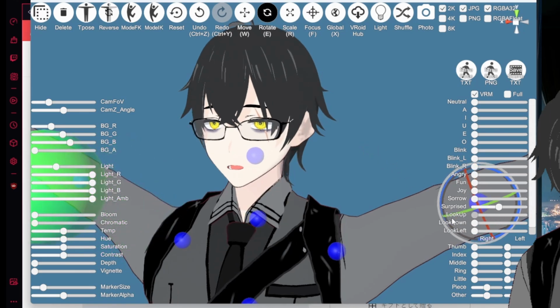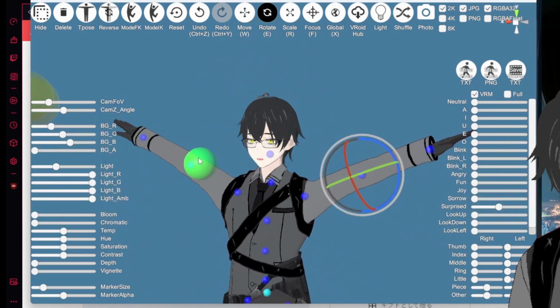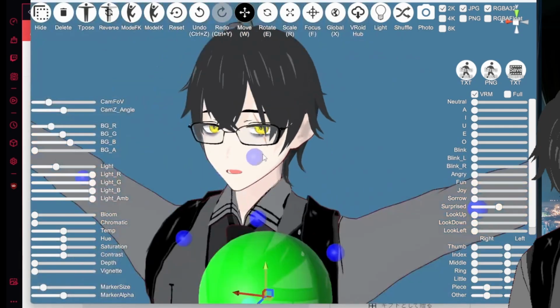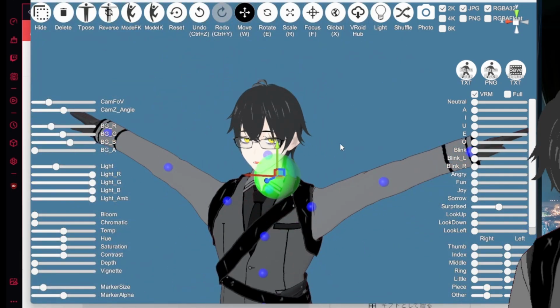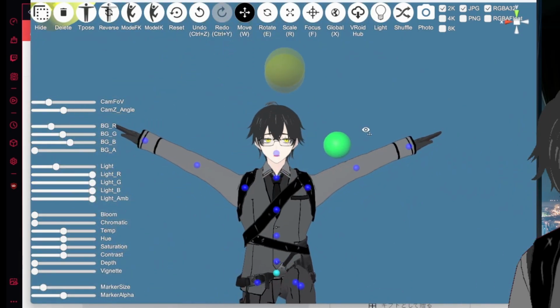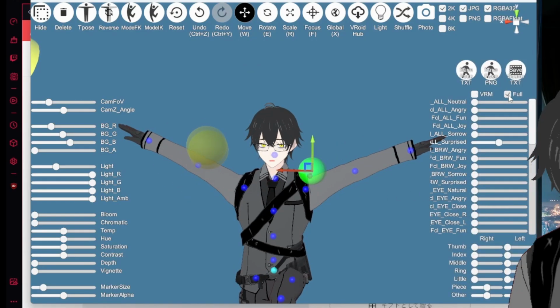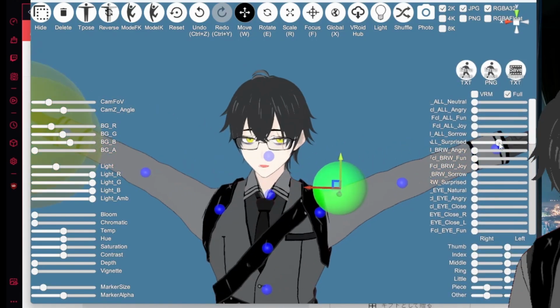Well, for me, I use this green ball. With this green ball you can move your eyeballs around, like left and right. Pretty nice, not gonna lie. It helps to position where your character is looking at for a better pose. There you go. And after that, you can also try full if you want to customize it a little bit